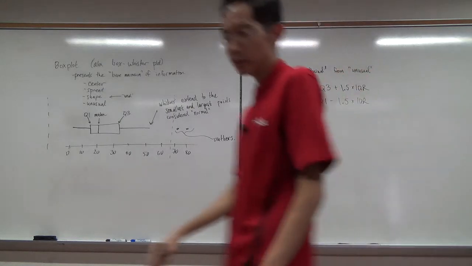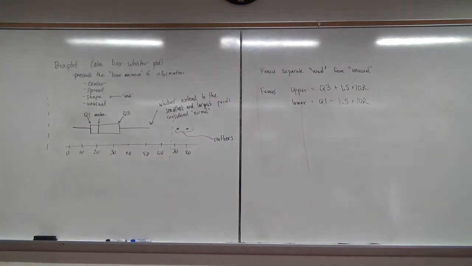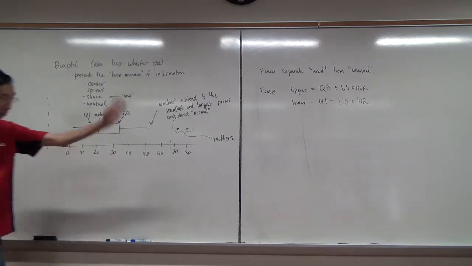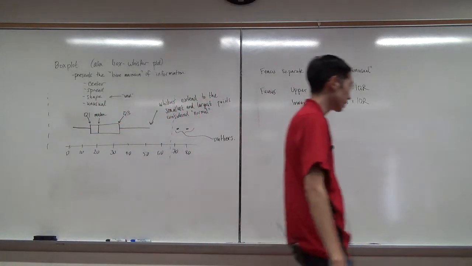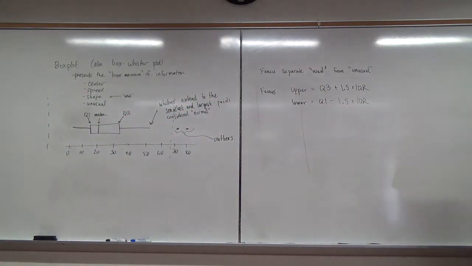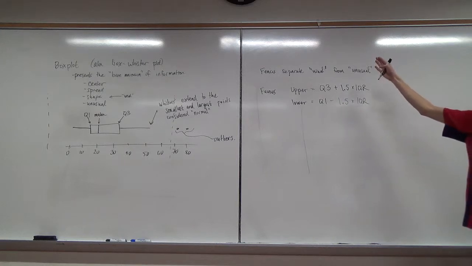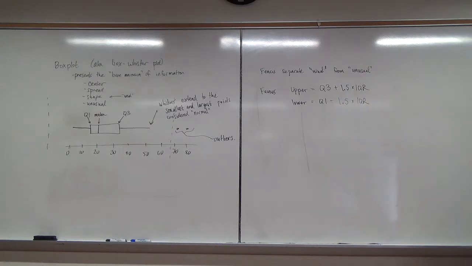And for the longest time, our textbook, maybe they fixed it in this. Yeah, okay, they did. They had a typo. So we had 1.5 times the IQR. Okay? And so the fences kind of separate what we consider the usual from the unusual. And so if we have any data points that are outside of the upper and lower fence, we would consider these outliers. The rule for what is an outlier and what isn't an outlier